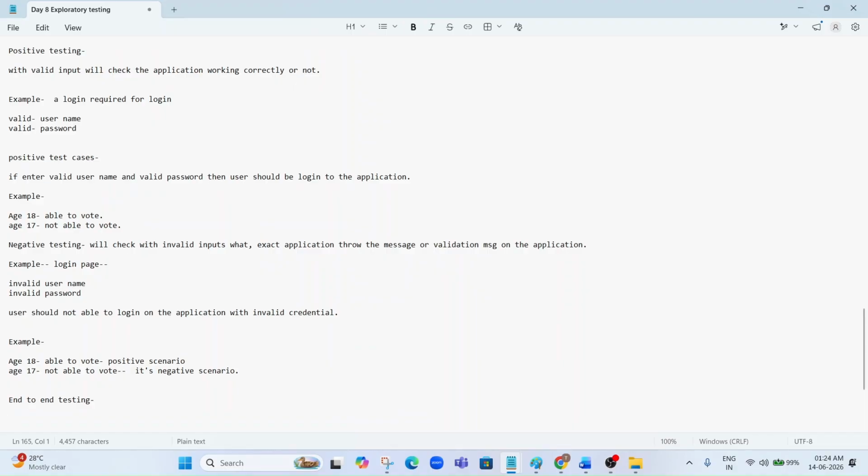So end-to-end testing is a testing technique that verifies the entire application workflow from start to finish, ensuring that all integrated components like the UI (user interface), backend, database, API, and all external systems work together correctly. Okay, so here we'll test all end-to-end